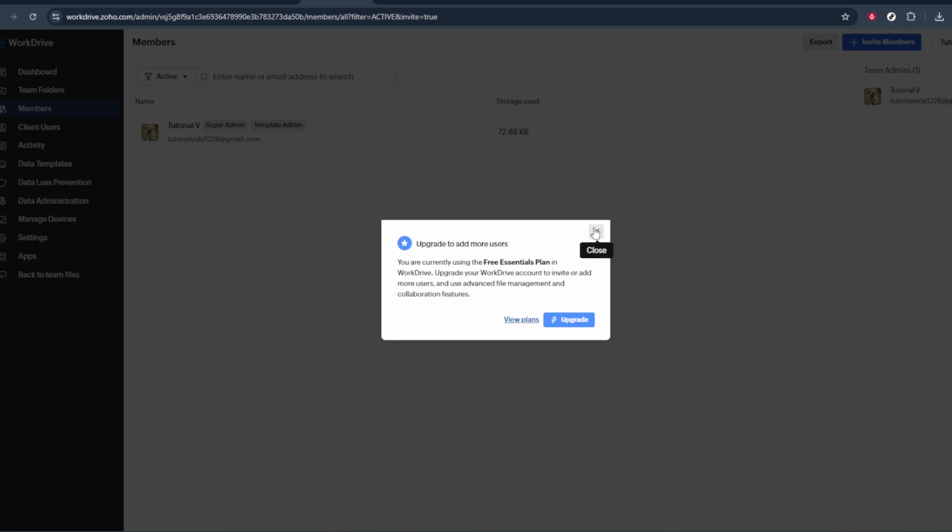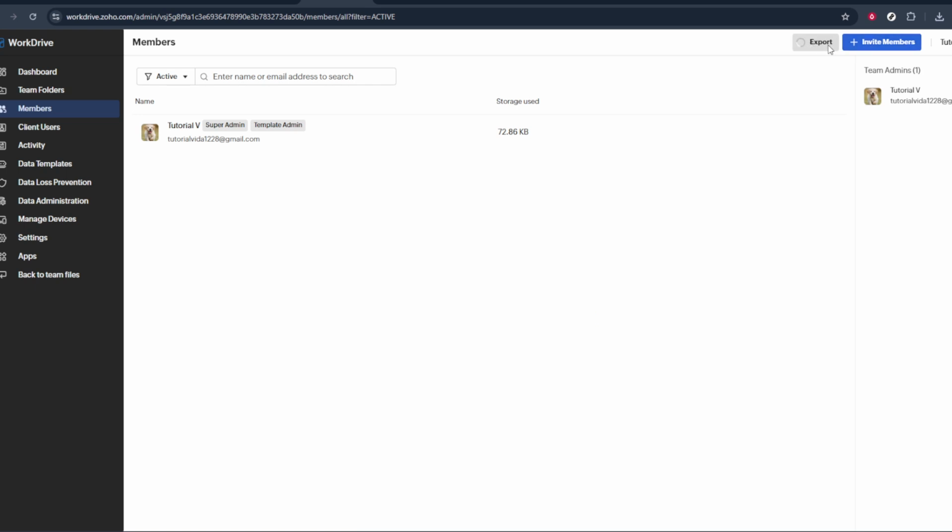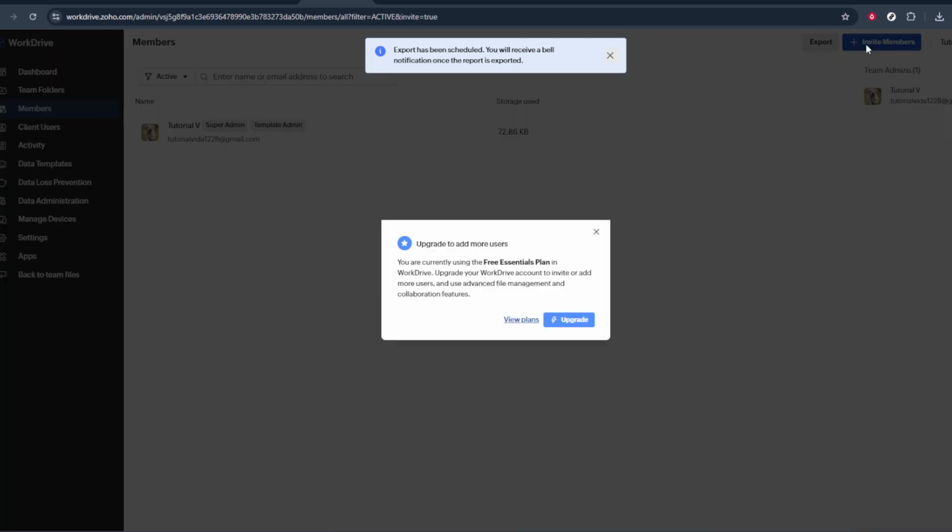If your organization is currently on a free plan, Zoho WorkDrive may not allow you to invite additional members beyond a certain limit. As soon as you click Invite Members, you might see a prompt or pop-up asking you to upgrade your plan before you can continue. This is Zoho's way of letting you know that invitations are restricted on your current subscription. If you see this upgrade message, you won't be able to proceed with adding new members until someone with billing access upgrades the plan to a paid tier that supports more users. At this point, you can either close the prompt and continue using WorkDrive with your existing team, or follow the upgrade instructions provided on that